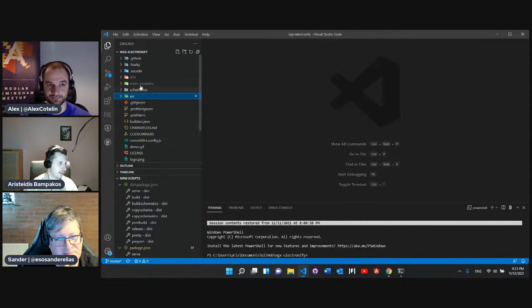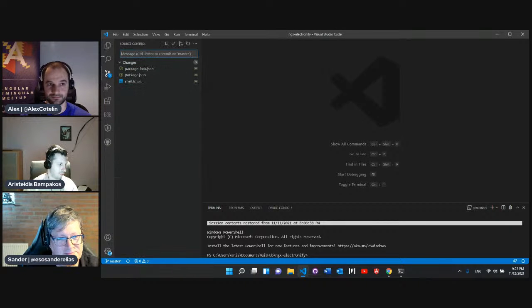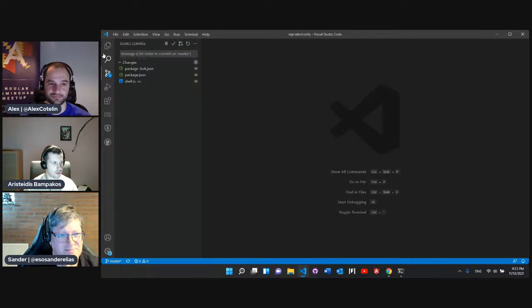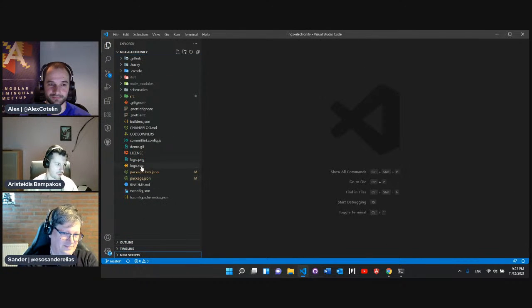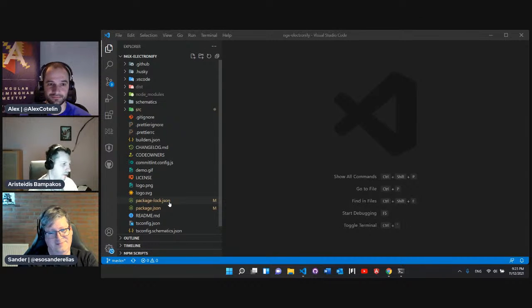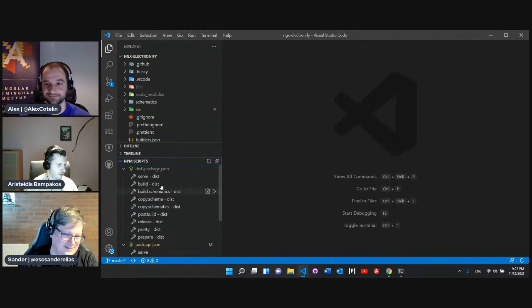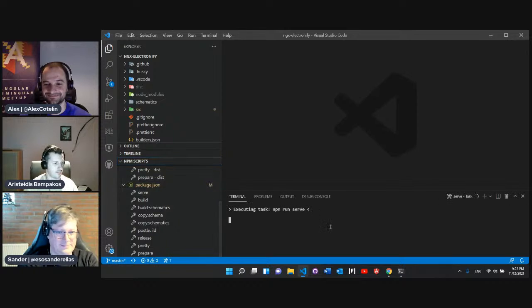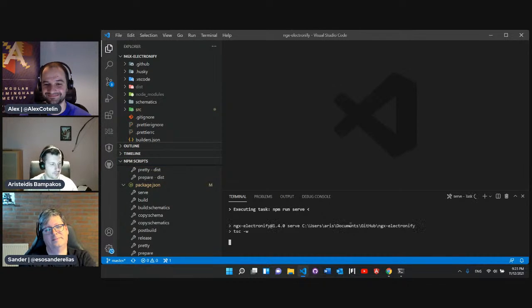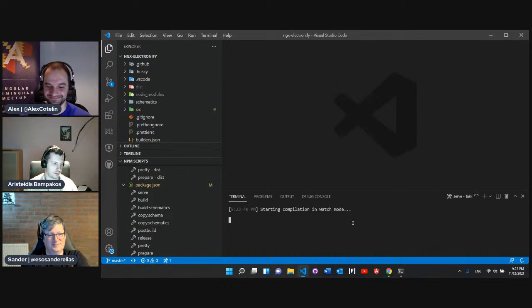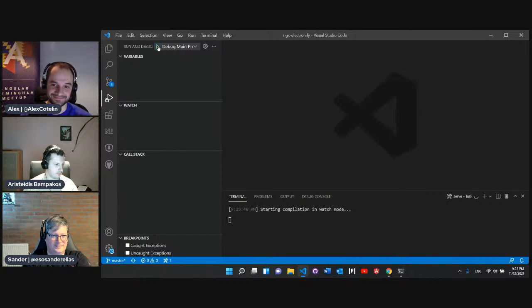So if I run it here, if I debug my application, now this is the source code. I don't want to go through this source code, maybe another time, because it's not so interesting. So I will invoke the npm script to build it locally. Sorry, to serve it. And if we start debugging it right now,